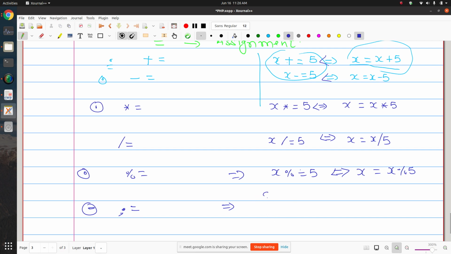So suppose that you have a string $a equals no and then some space, and now let's say you write $a dot equal to worries, no worries. ठीक है.